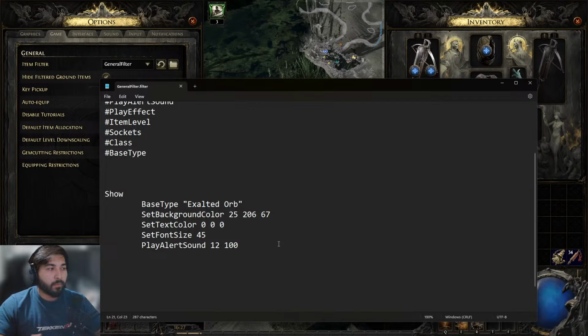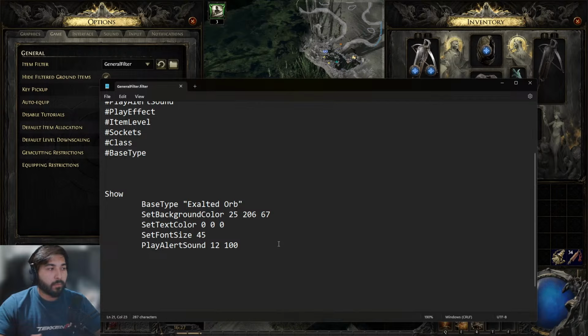We want to set the background color to 15:205:21. What does this mean? This means RGB. So if you know about RGB numeric values, that's what these things follow. So that's the kind of thing you want to go for. So if you're not familiar with that, you just go onto Google Chrome and you could just search up